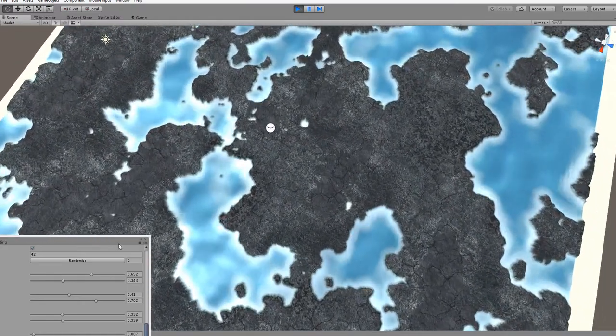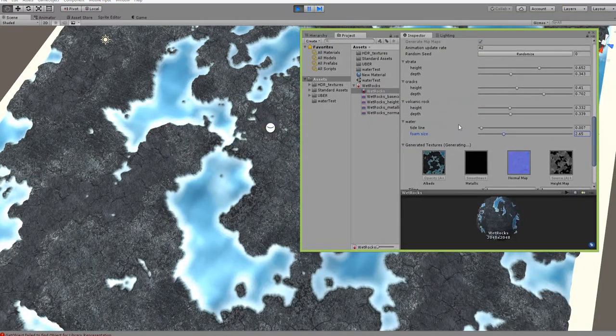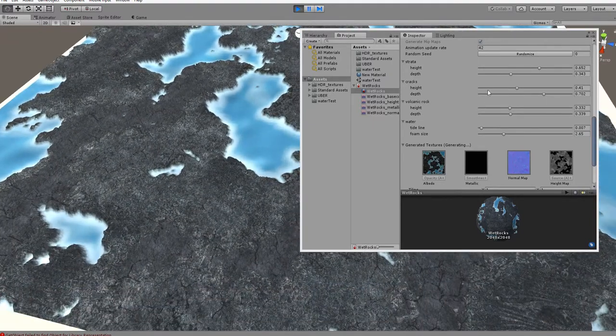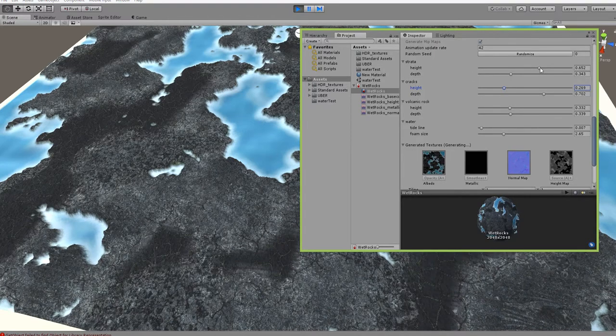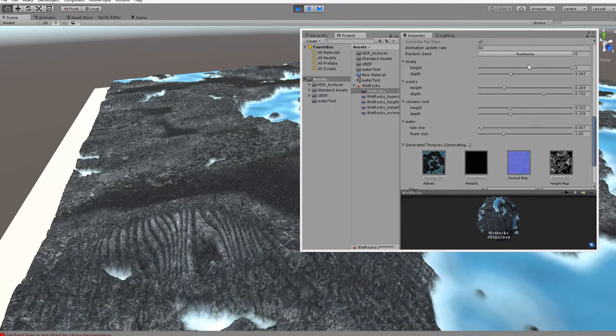So we can also, because we've put our colors and our heights, we've kind of synced them together. We can also change the colors somewhat by dealing with our depths and our heights. So I'm going to start with my strata here, and I'm going to make that my highest because that's kind of how I had it planned. So there they are. And then my depth,